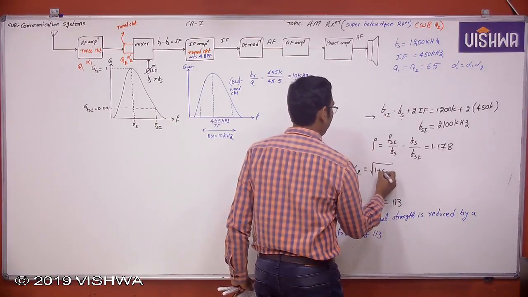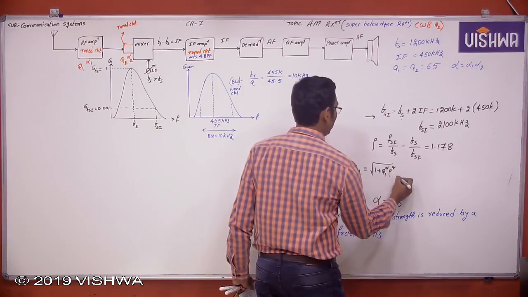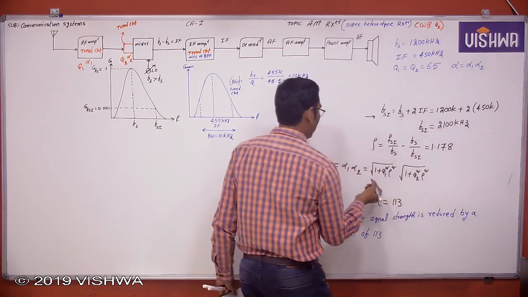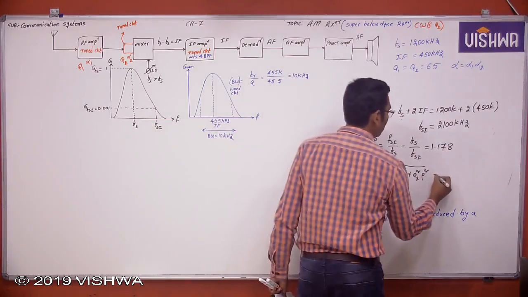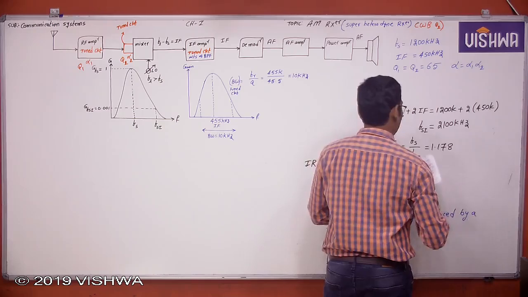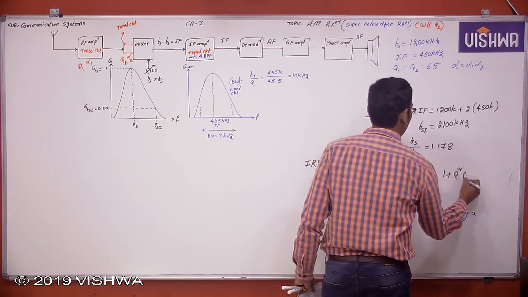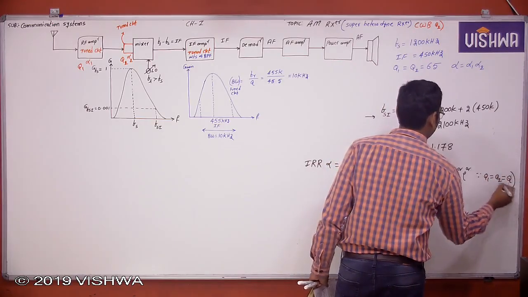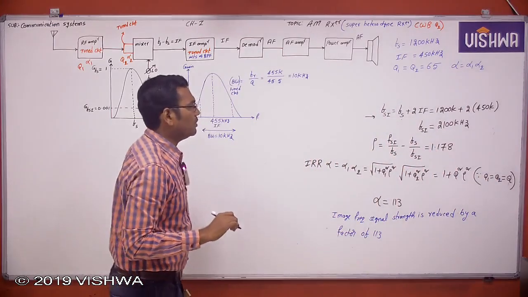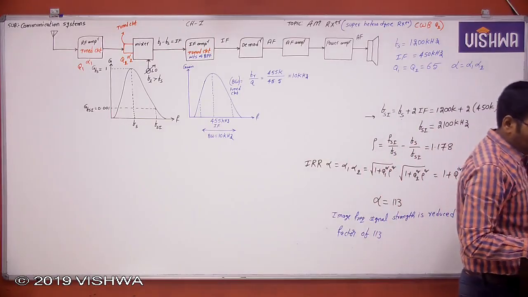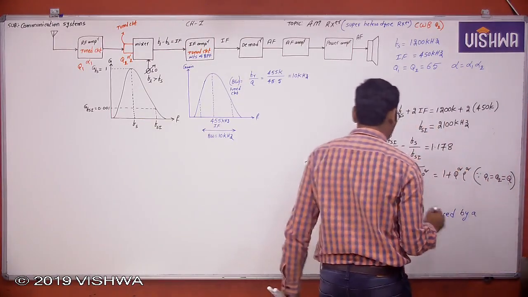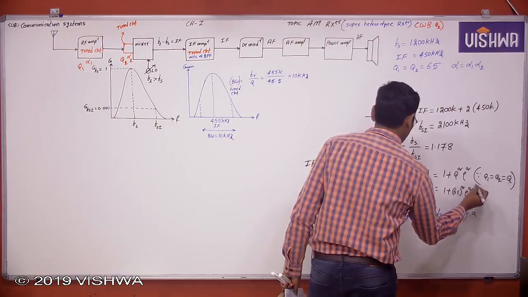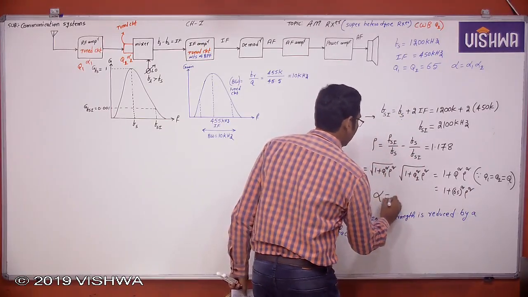Square root of 1 plus Q1 squared rho squared, into square root of 1 plus Q2 squared rho squared. But here Q1 is equal to Q2 which is equal to Q, so the square roots cancel, which is equal to 1 plus Q squared rho squared, which is 1 plus 65 squared into rho squared. Therefore, now the image rejection ratio is